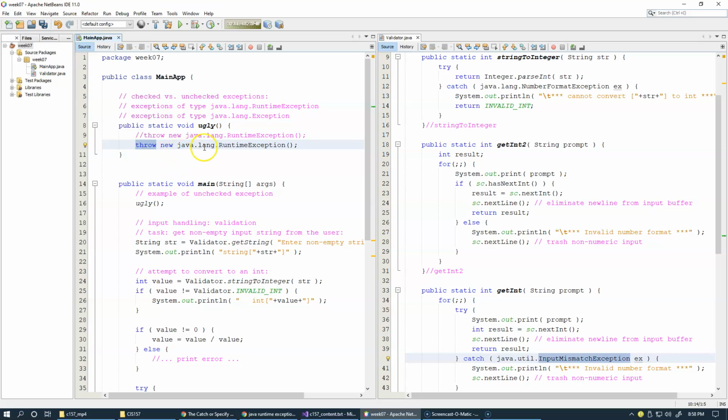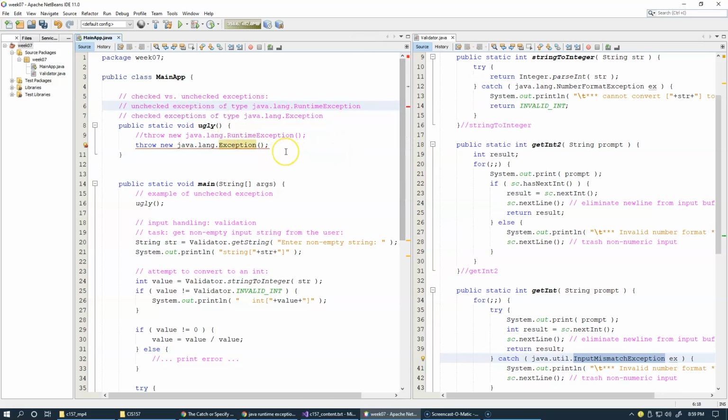And we say throw new Java language runtime exception, but this time we change it to an exception, which is this time a checked exception. So these are checked exceptions of this type, and these are unchecked exceptions of this type. With this only change from runtime to exception, which is a checked exception,